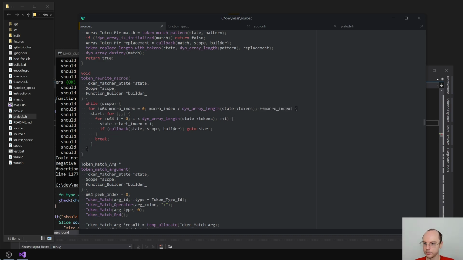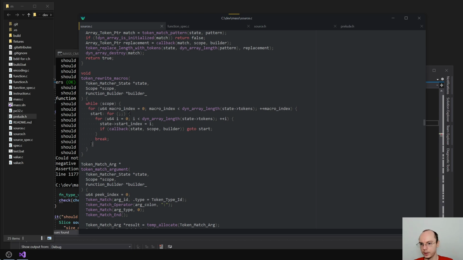Something like that. Is this fine? Yeah, this seems okay. This break. Okay, so again, for each scope, for each macro definition, we try to match that. That seems good,